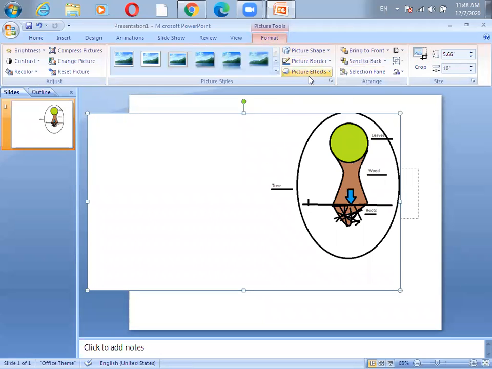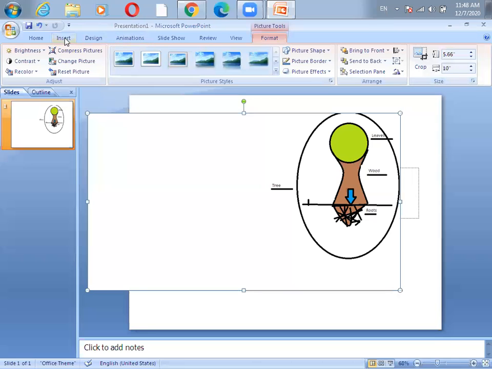There are so many things over here. You can see picture shape, we can change the picture border, effects are also there. If you want to apply them, then you can apply, but this is not in our syllabus. That's why I'm not going to teach you how to do it, because other students may get confused about this. Okay, so in our syllabus we just have to insert a picture. These are the designs, or the options you can use on your own, and just go ahead and use them so that you will get an attractive presentation.